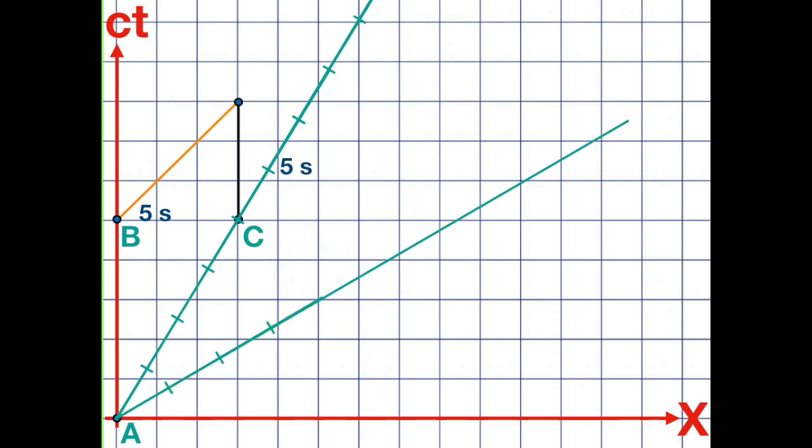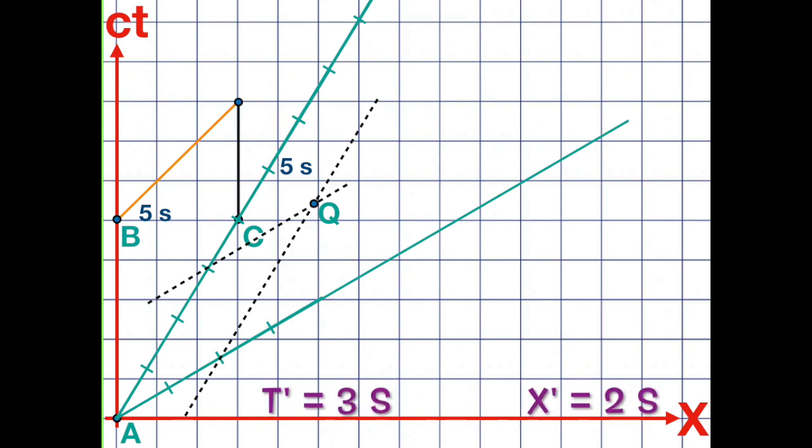Event Q is the explosion of a meteor that collides with Kessel's protective shield. According to the measurements in the Falcon's frame, this event occurs at T' equals 3 seconds and X' equals 2 light seconds. In order to locate this event in the spacetime diagram, we draw lines parallel to X' and T' that cross 3 and 2. This, as measured from Kessel, occurs at a distance a bit shorter than 5 light seconds and at a time of about 5.5 seconds.